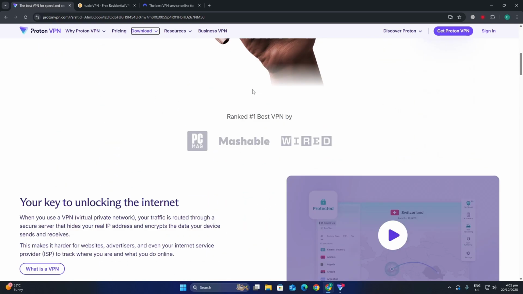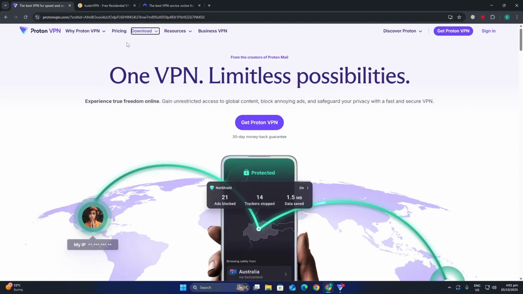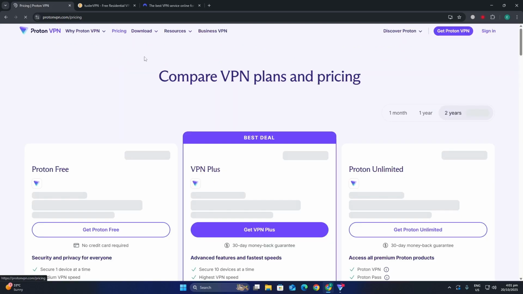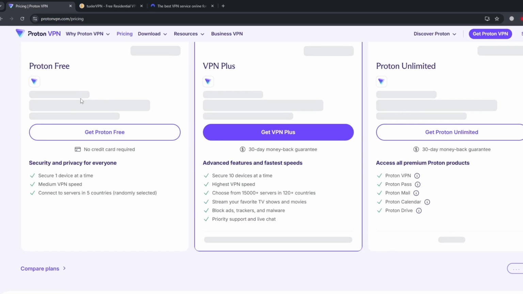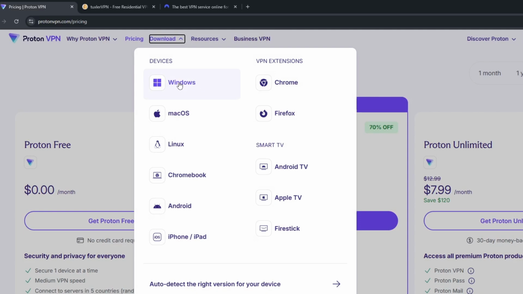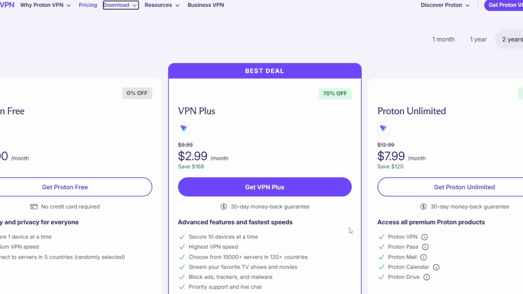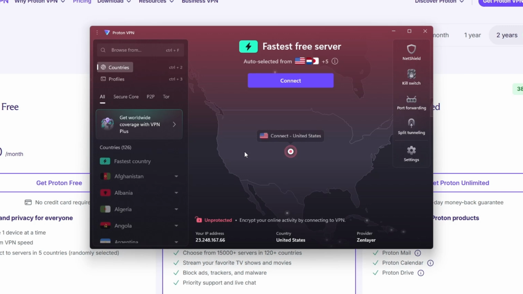Proton VPN is one of the most trusted VPN services, and you can use it for free. Just go to the Proton VPN website, download the app, and create a free account. The free version gives you access to several servers, but it does not allow you to connect to a UAE